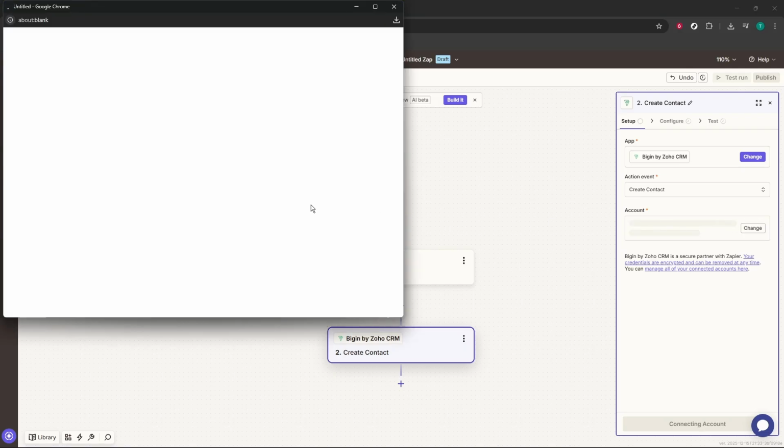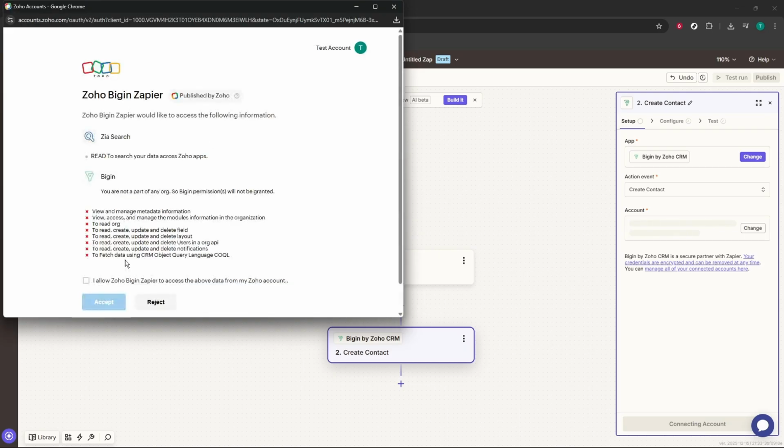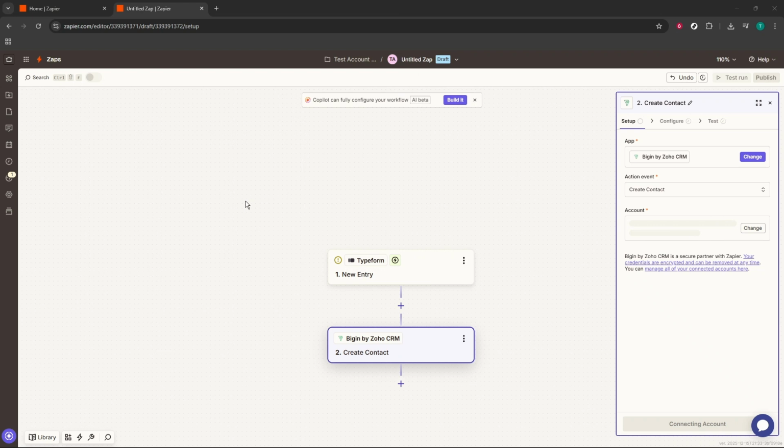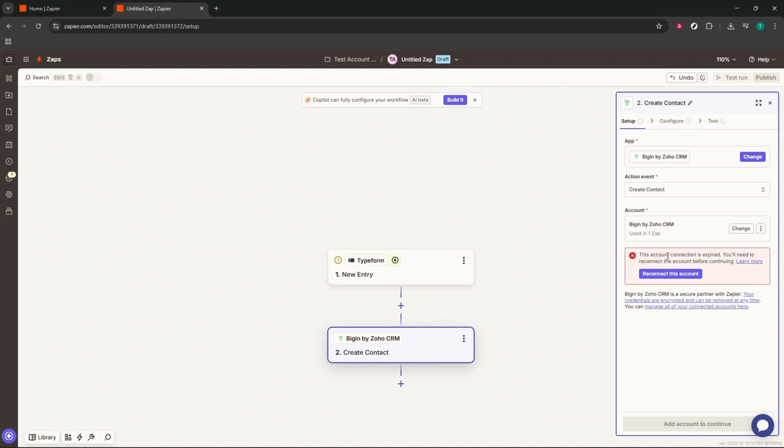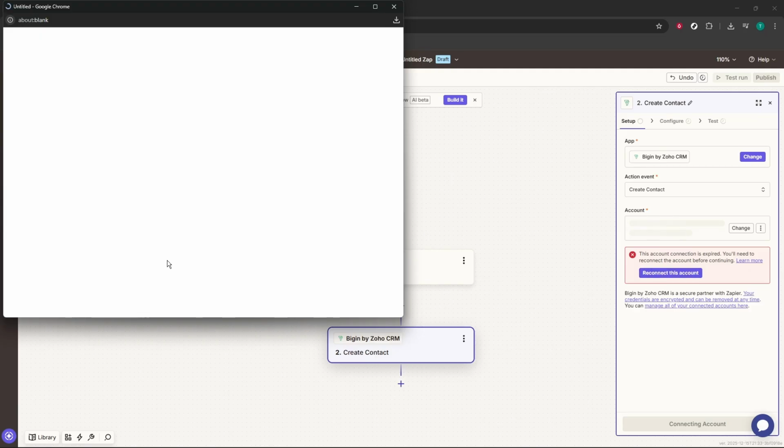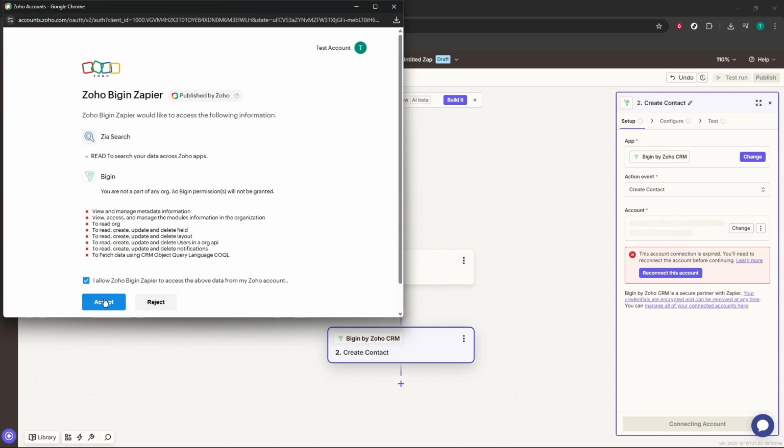Finally, connect your Bigin account. Authenticate through Zoho, choose the correct domain or data center if asked, and confirm access to the right organization. Once connected and your field mappings look good, your integration is ready to run. New Typeform submissions will flow straight into Bigin, keeping your pipeline organized and your